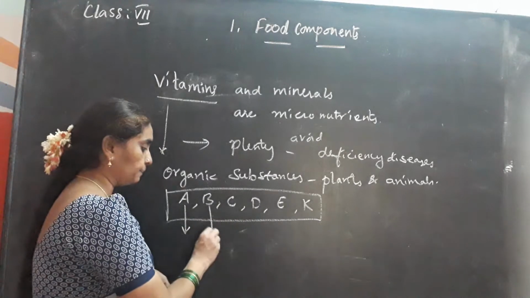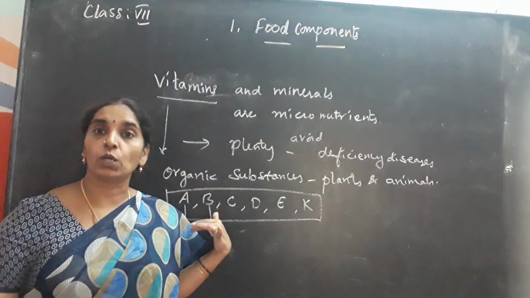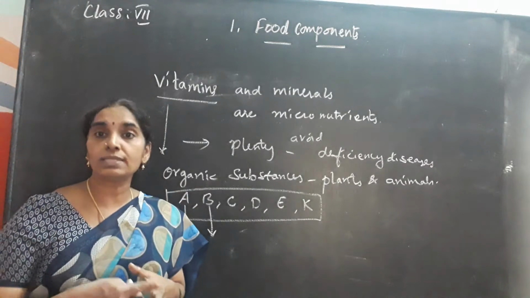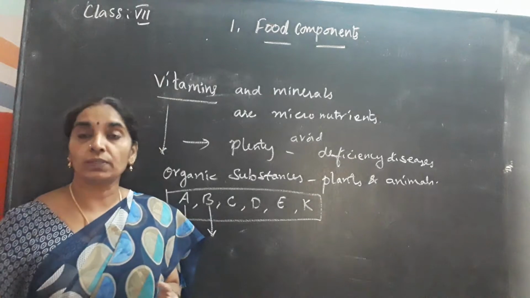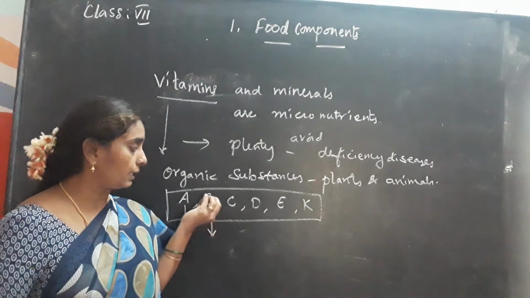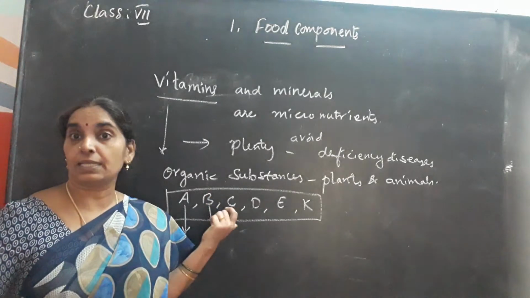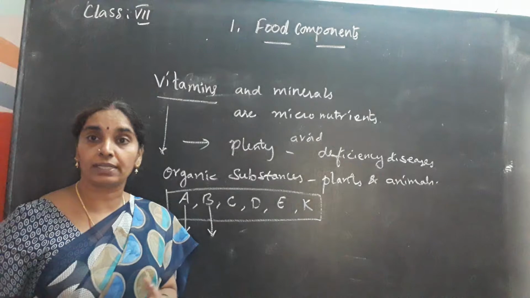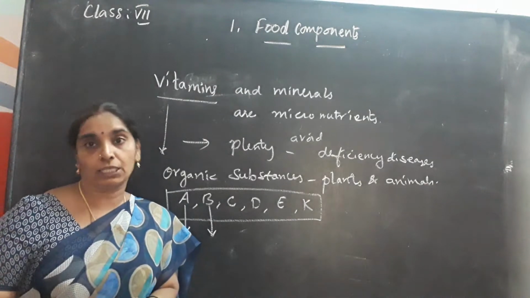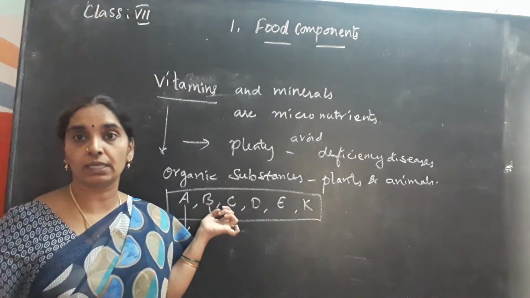And vitamin B, we normally get these vitamins through whole cereals. The B vitamins, thiamine, riboflavin, niacin, B1, B6, B12, are all included in vitamin B. If you are not taking these vitamins in your diet, you become anemic too. So these are the vitamins that you should regularly include in our diet.